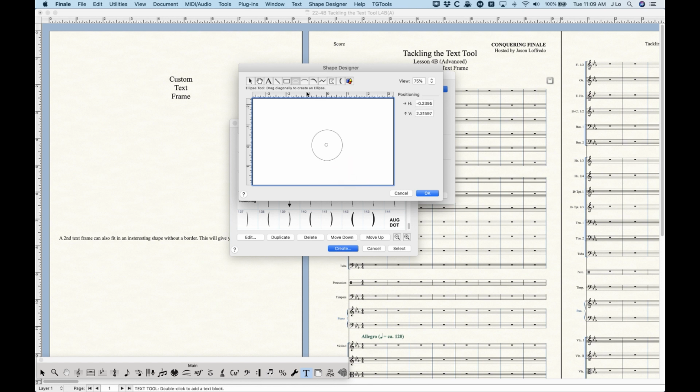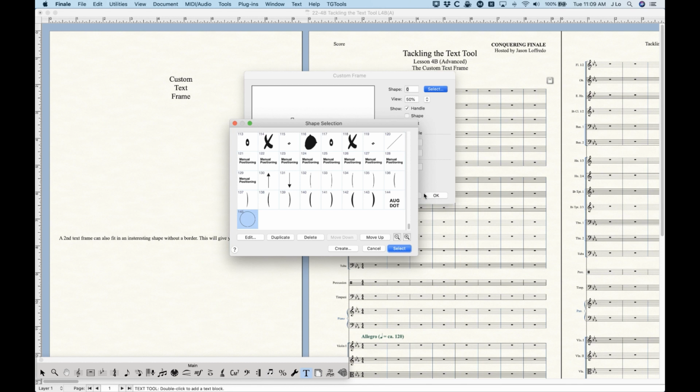So it looks like it's just about at the -1, just about at the 1. It's a little bit smaller than that, but that's okay. And we can move that to centered on the point of origin. This point of origin, interestingly, actually has no effect on these custom frames, so it doesn't need to be completely centered, but I'll just do that anyway. And we click OK. And so now we have a new shape that's a circle, so we're going to choose